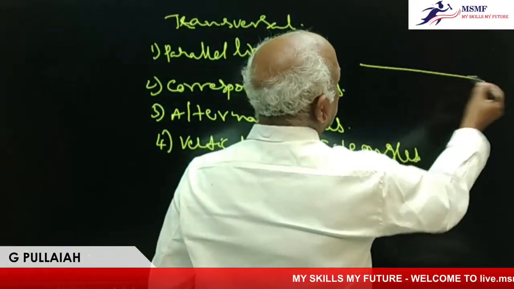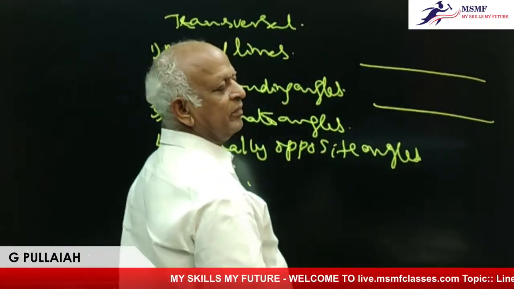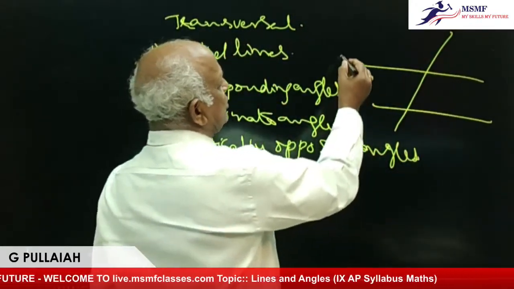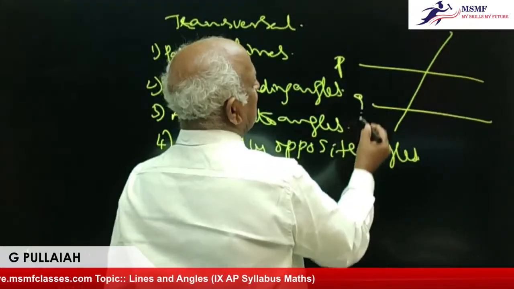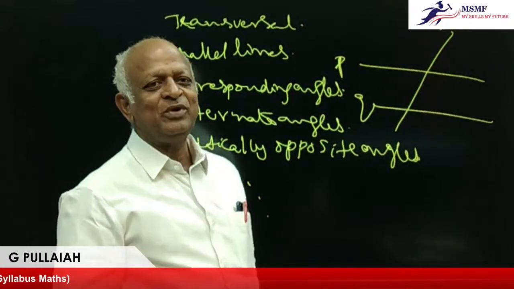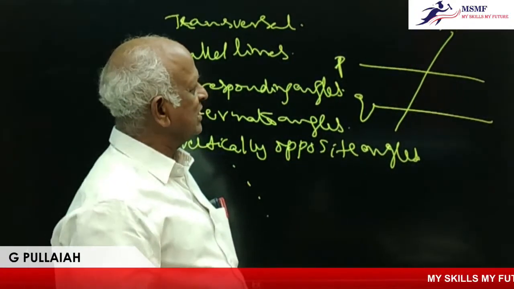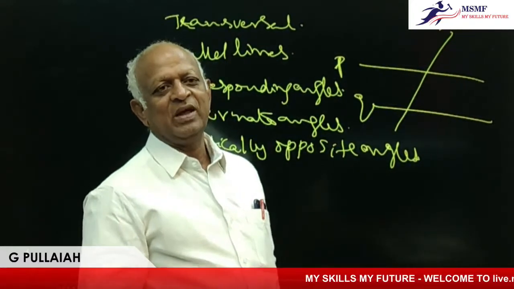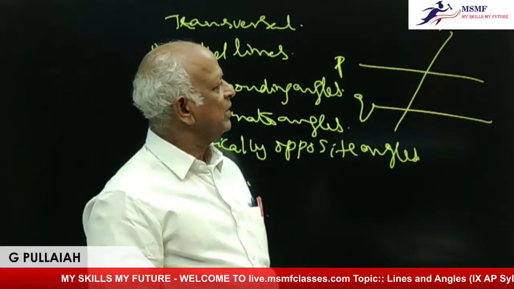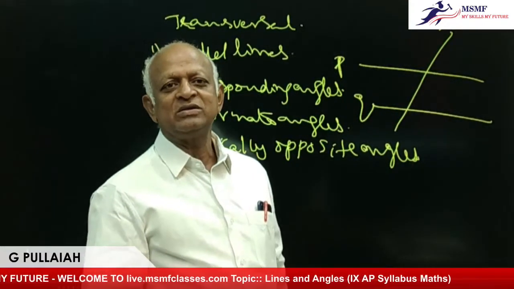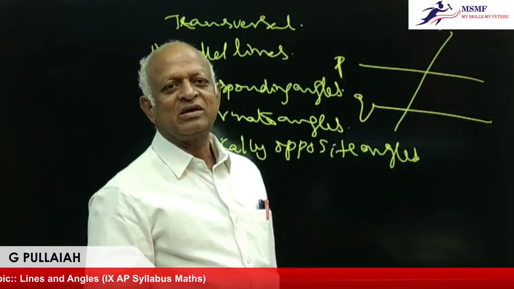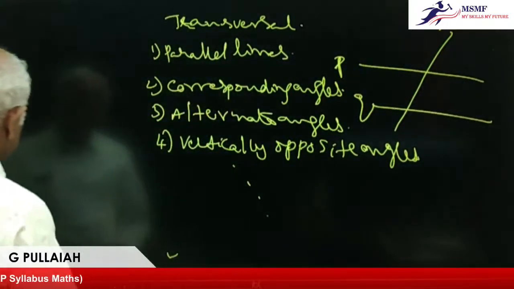If two lines are there, let us make one more line here. So say this is P and this is Q and this is R. R is different from P and Q. Why? Because R is a transversal. I think you know a transversal intersects two or more than two lines at distinct points. That is said to be the transversal. Okay. So now,